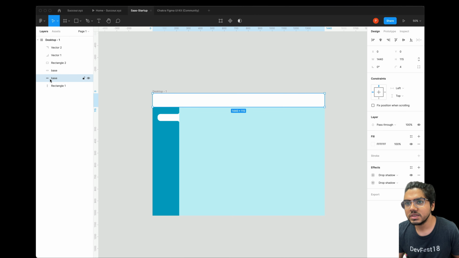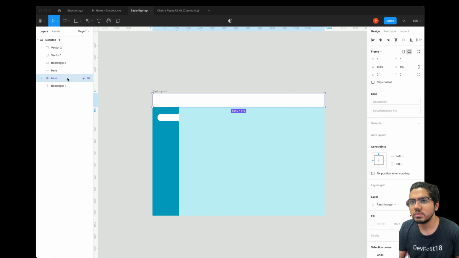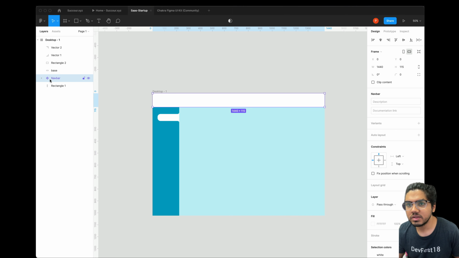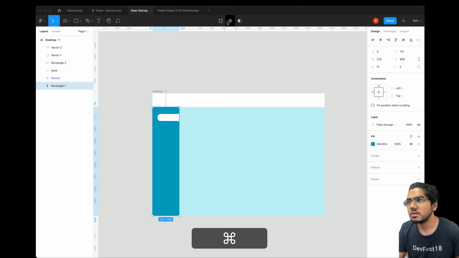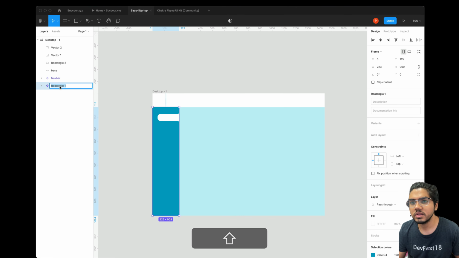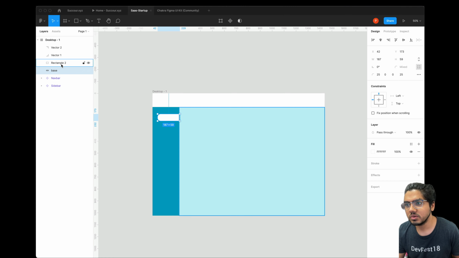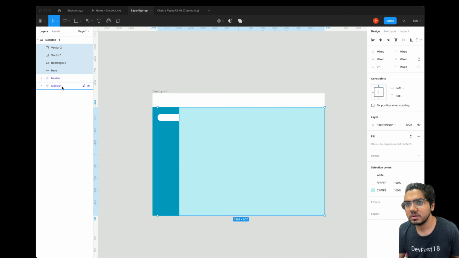So this base is known as navbar. So we'll make it as a component. Click on create component and we'll name it navbar, so we can use it anywhere next time. Since this is a sidebar, we'll click here and name it sidebar. Our sidebar should have all these components also. So we put these components also in the sidebar.